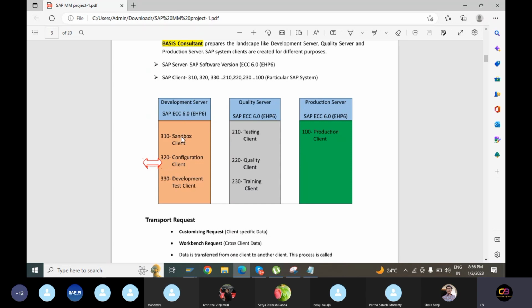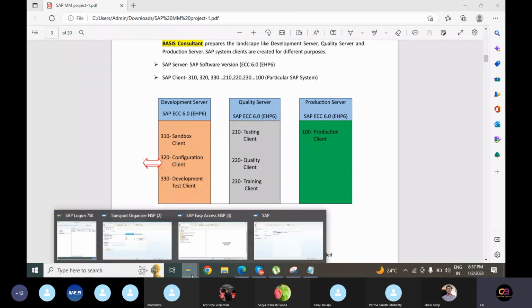So under the development server, sandbox client 310, and configuration client 320. The development test client 330. So this is the ECC system. So testing client 210, quality client 220, training client 230, and production client 100. Okay. See, if you open up this,